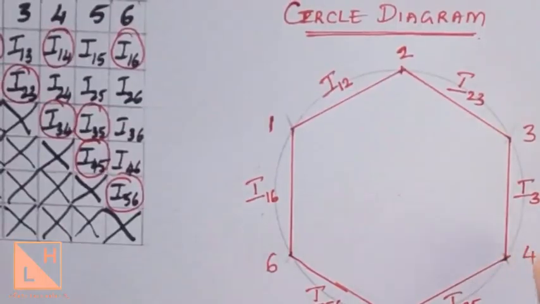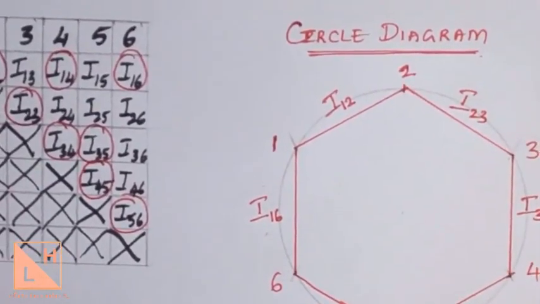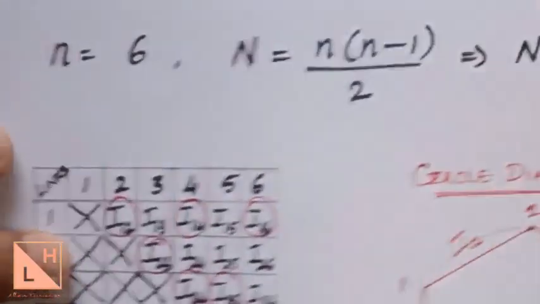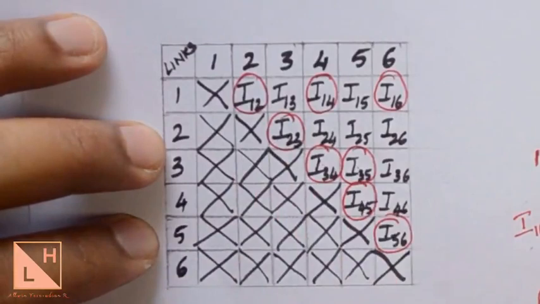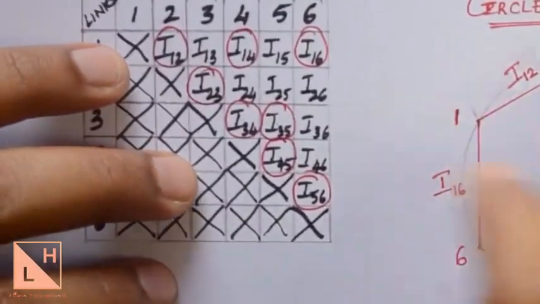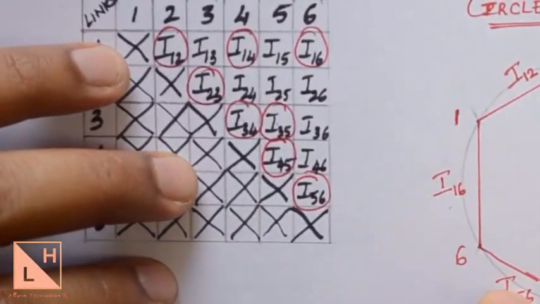Now in this polygon or circle diagram, what we do is connect the ICs which are already found in the mechanism drawing with a dark line, and the one that we need to find as a new instantaneous center, we'll draw with a dotted line. So here we have found many ICs. In fact, if you just count, 1, 2, 3, 4, 5, 6, 7, 8 ICs we have found. But in the polygon, we have represented only 6.